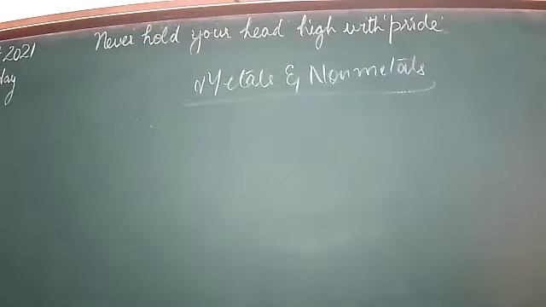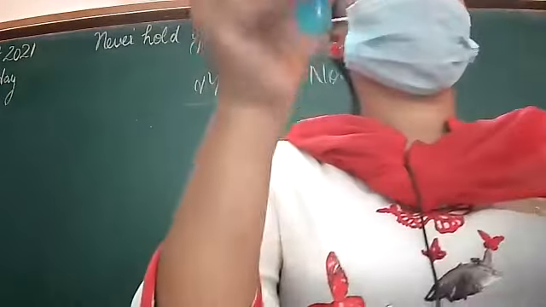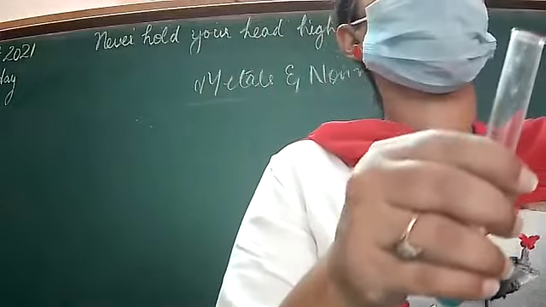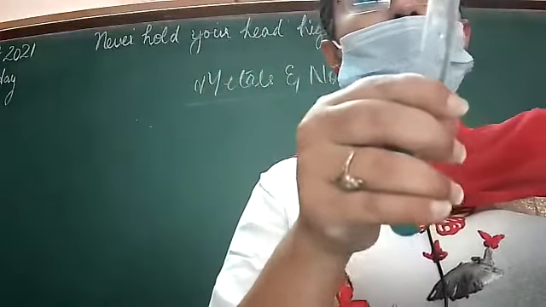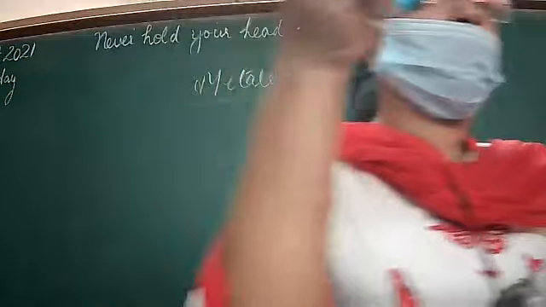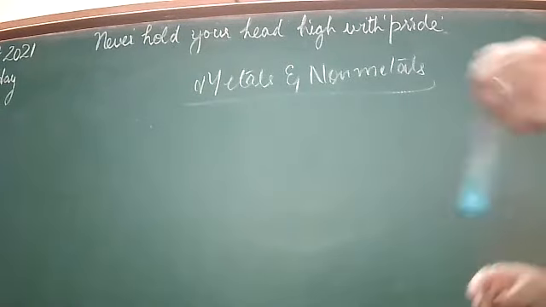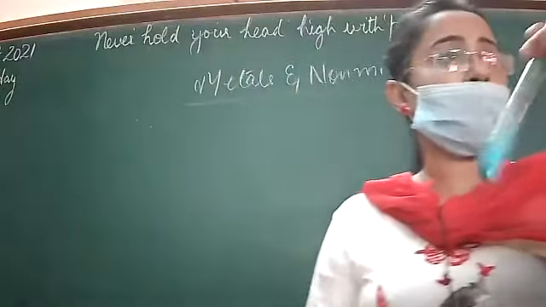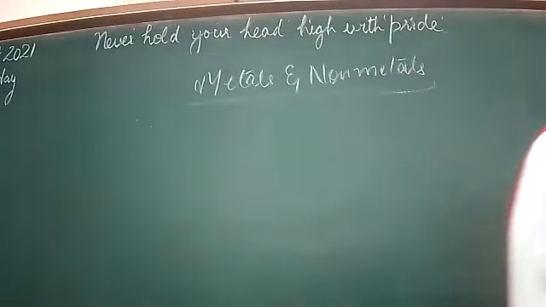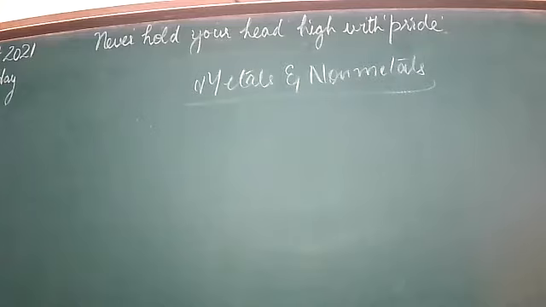Now I am taking iron powder. Iron in the form of filings. So I am pouring it into it, black color. So you know that iron is more active than copper. It should displace this copper sulfate. Okay. So I am just heating it so the reaction becomes fast. You will use tongs over it.